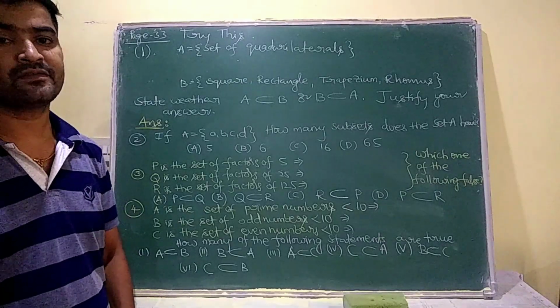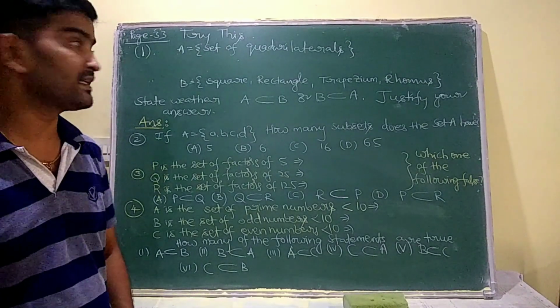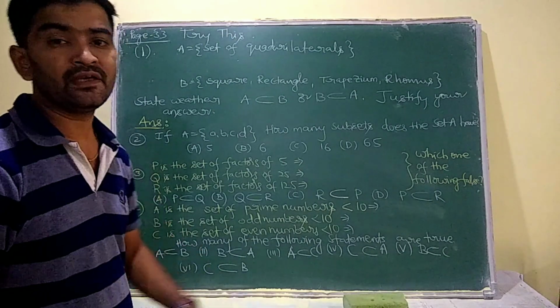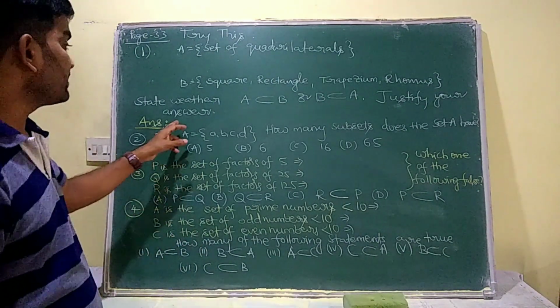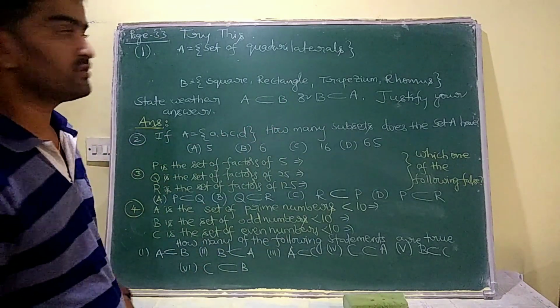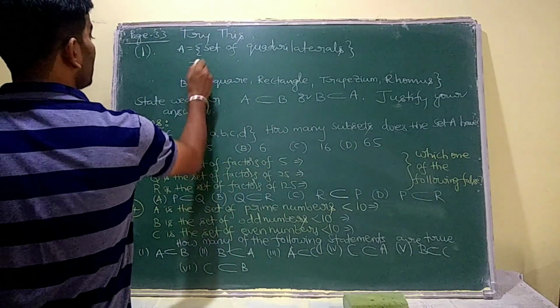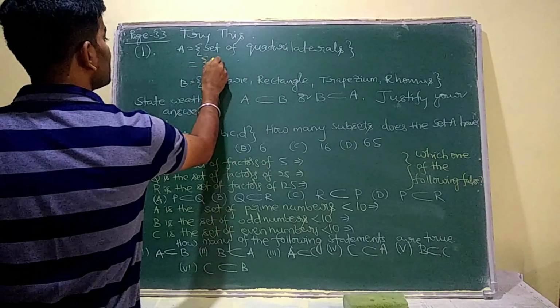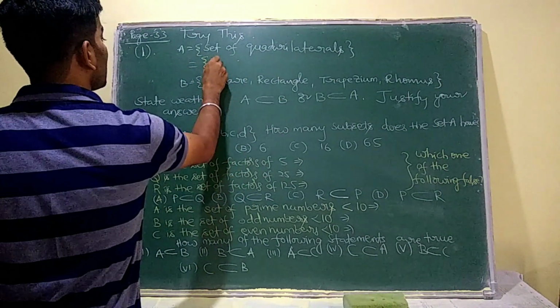Okay, try this from the same page number 33. He gave us set A and set B, and he is asking you to check whether A is a subset of B or B is a subset of A. Firstly, I have to write the set A in roster form. Set of quadrilaterals means, here I will write parallelogram,